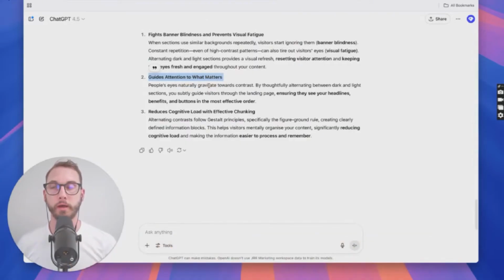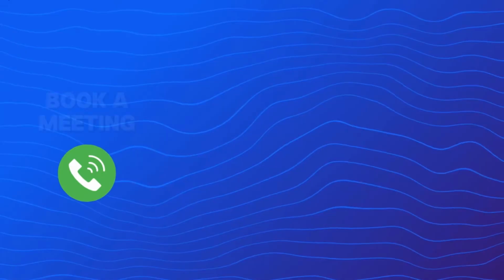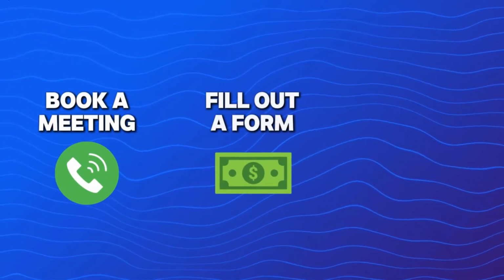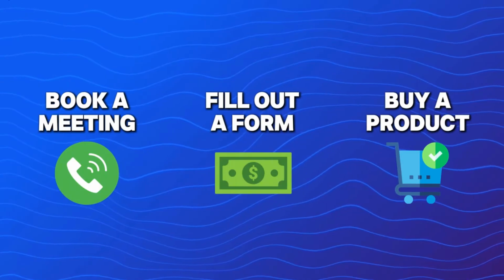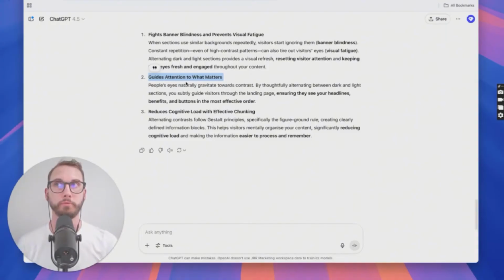The second reason is to guide people to what matters on your page. So you are the architect of your landing page. You want people to take a certain action. Maybe it's to book a meeting with you, or to fill out a quote form, or to buy a certain product of yours. You want people to gravitate towards the end goal. And so in order to do that, you need to point them towards certain sections that will convince them to